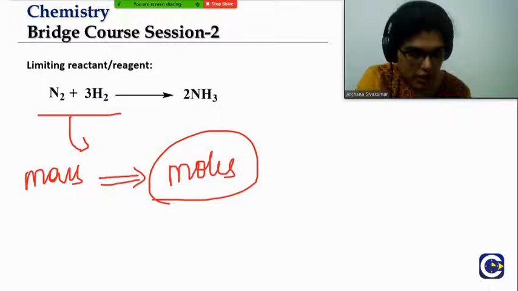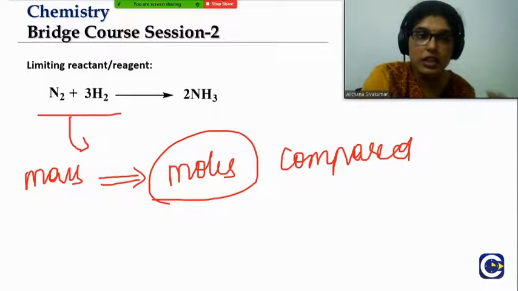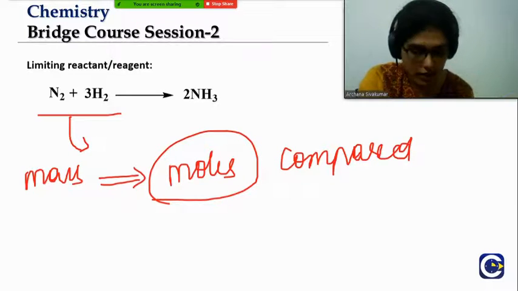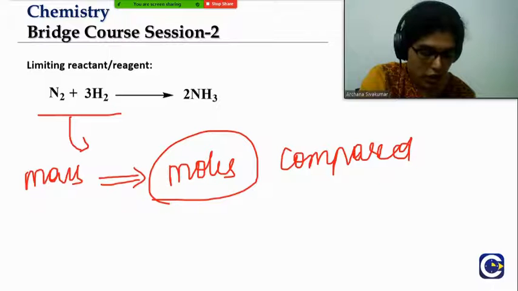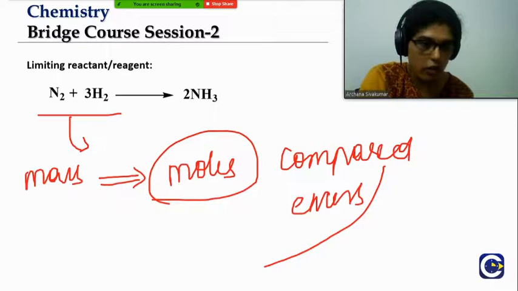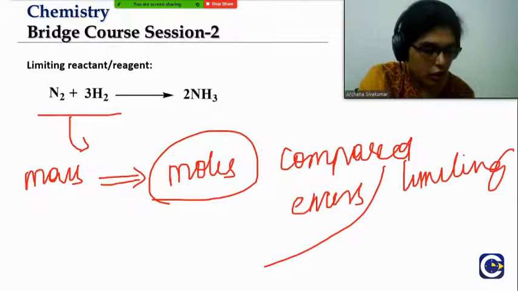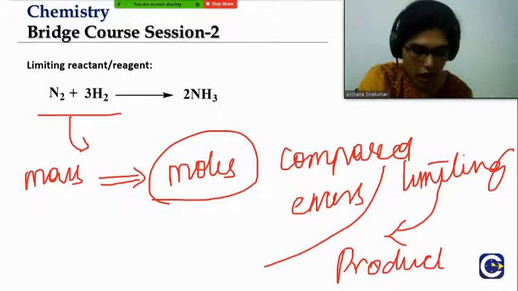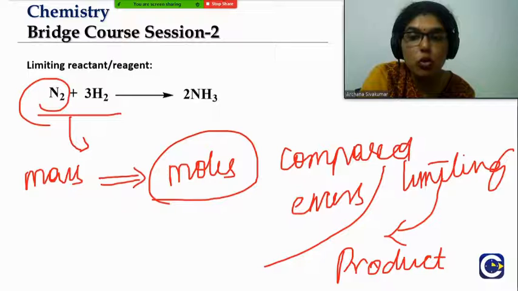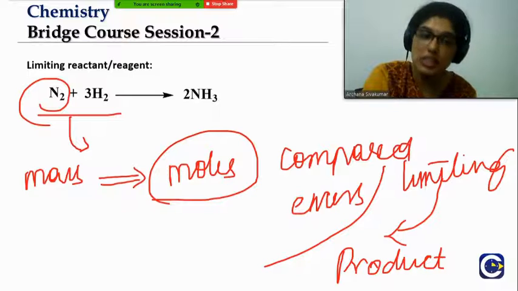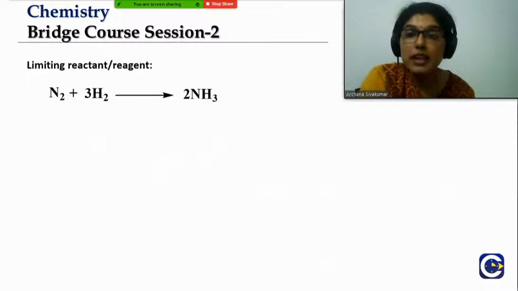For each mole, we'll see how much of the other reagent is required based on stoichiometric analysis, and then we find out what is present in excess and will be left out. Then we use the limiting reagent to find out the product, just like we did for ammonia. I used 1.5 mole of nitrogen to find out how much ammonia is produced, because that will be consumed and the reaction will stop.